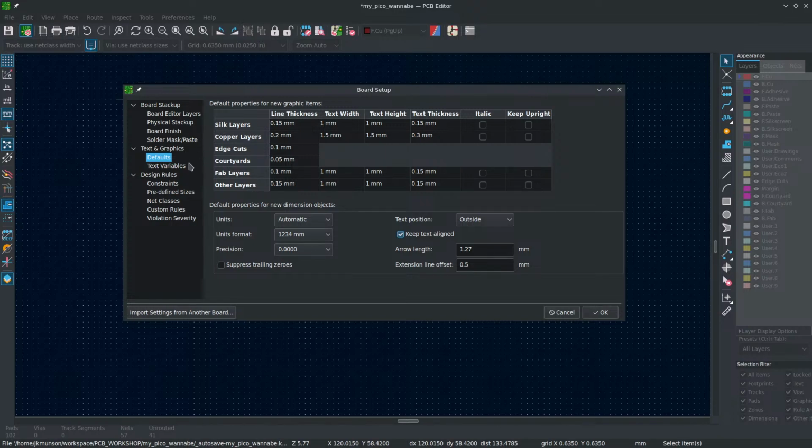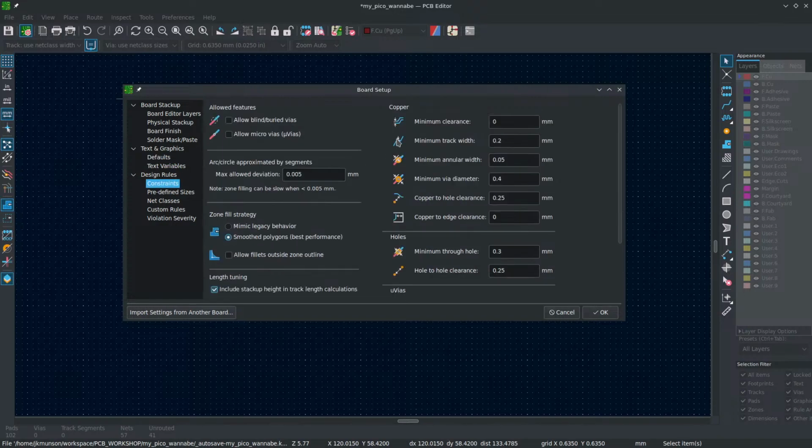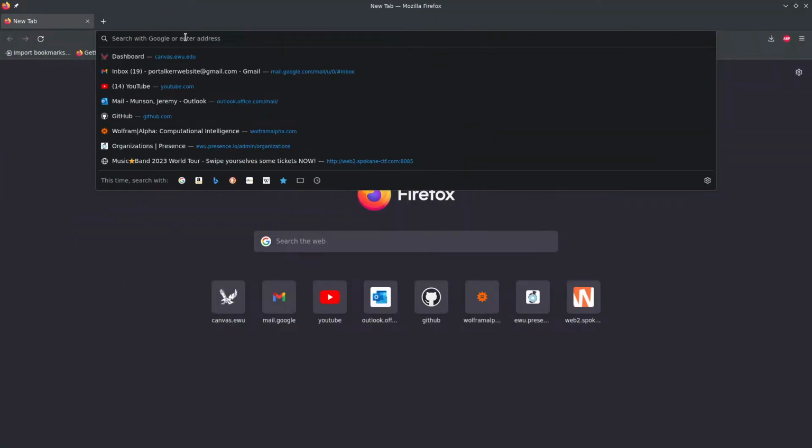You can set the defaults for the text and stuff in here, but the other thing we have to do, and actually we're running out of time faster than I thought we were going to today, is we have these design rules. This is actually the really key part, because you can turn the layers on and off to show them or hide them, but the design rules here are the part you really have to set. So I'm going to go to